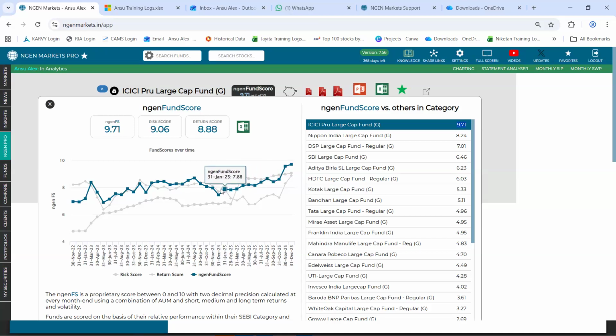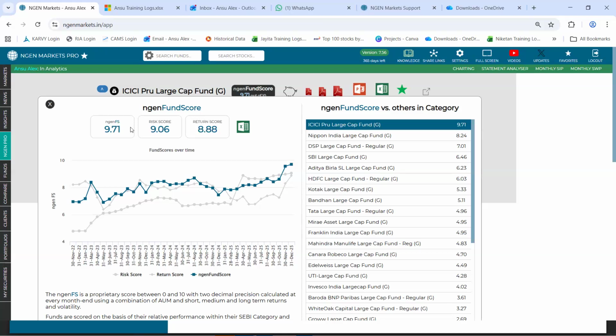Post Engine fund score, there are two more scores that you can see. First is called risk score, and following that, we have something called return score. The risk score lets us know the volatility protection capacity of a fund. We say the higher it is, the better it is. That is, the closer to 10, the greater the volatility protection capacity of this fund. And the return score lets us know the return generation capacity of a fund. Here as well, the closer it is to 10, the better it is.